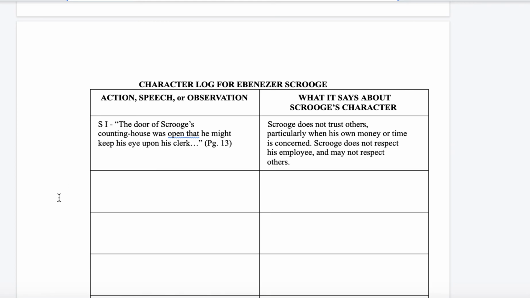And when you're digging into each of the staves, finding textual evidence, you want to find some really solid evidence that is going to verify some true characteristics of Scrooge, because you're going to have to write an essay and explain in your essay the character of Scrooge. And remember, this essay is a big chunk of your end of 9 weeks grade, which will also be the end of your semester grade. Okay, so